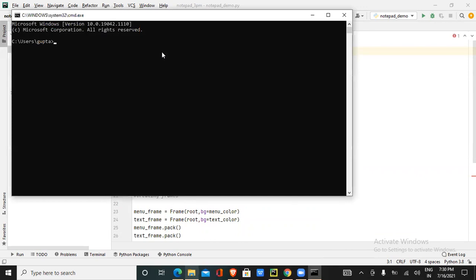And what is installed here? Will install pip install pillow. So what is pillow? Pillow is a package which will help you to display all the images on your Tkinter video. Okay, so repeat again. Go to the command prompt and type the package name as pip install pillow and press enter. So for me, already I have installed it. For you, it will take around 4 to 5 minutes to install, and your pillow module will be ready to be used.